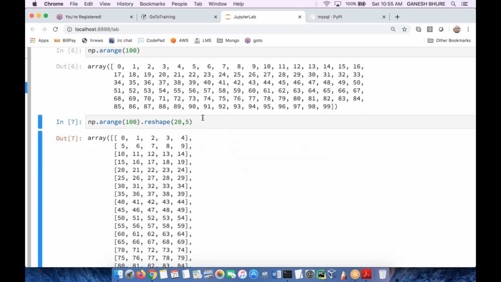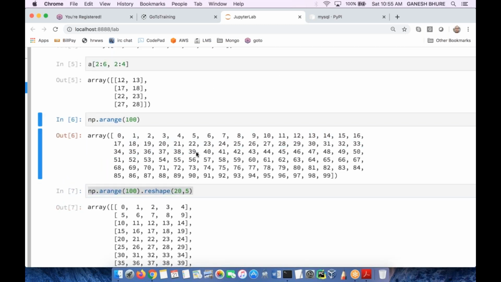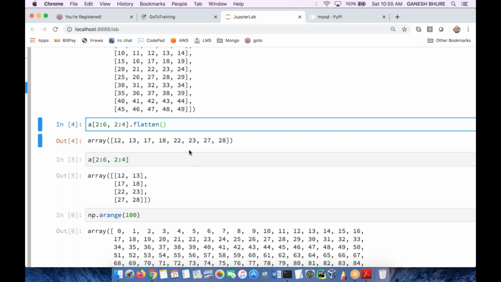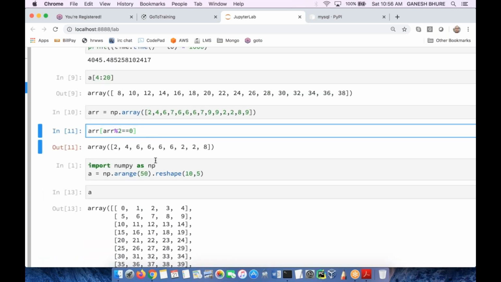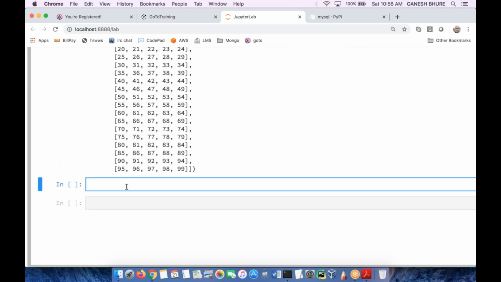And if I want to change it back to my flat array, like a one-dimensional array, that is where we can use the flatten function. Flatten is one more function we can use. Is this clear with the slicing part? We have sliced the data. We have used some kind of indexing where, based on some condition also, we can print. So if any data is greater than 0, that should be printed, we can do that, and so on. We can do many things with this numpy array, and we will see how best we can do going forward. We have seen size, we have seen shape, we have seen reshape,